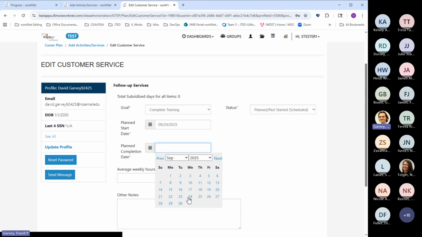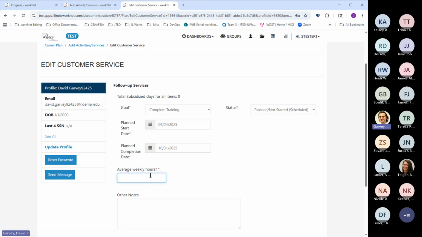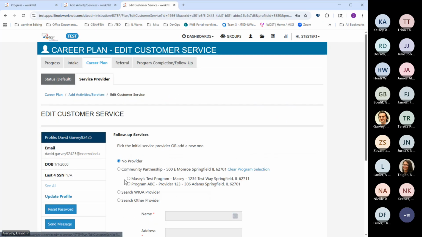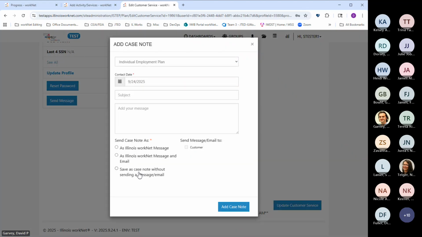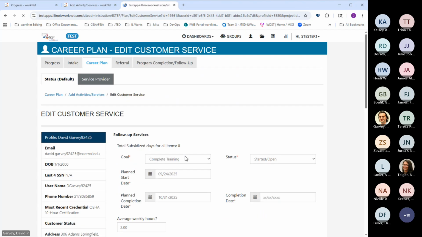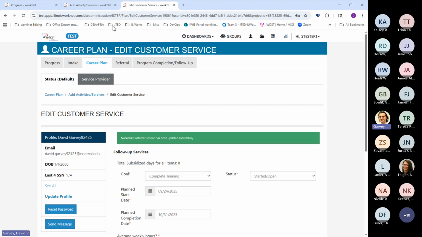So we'll enter our dates here and our average weekly hours. And we'll change this to started open and select our service provider. And we'll leave a case note here. All right, see that's been updated successfully.